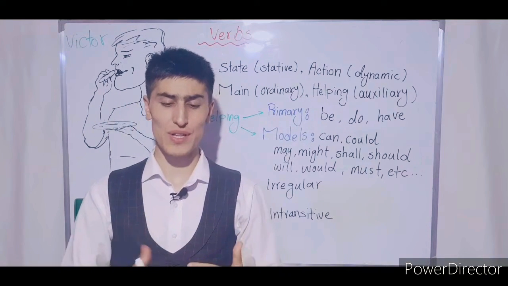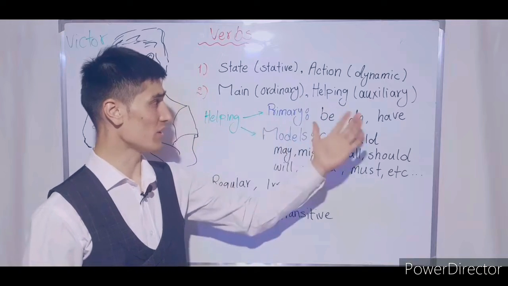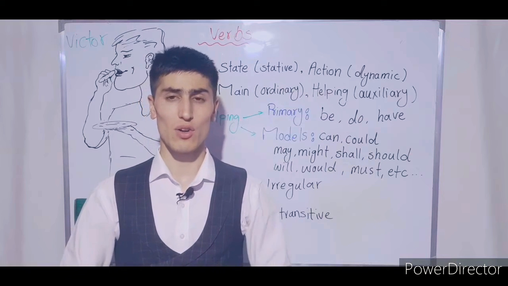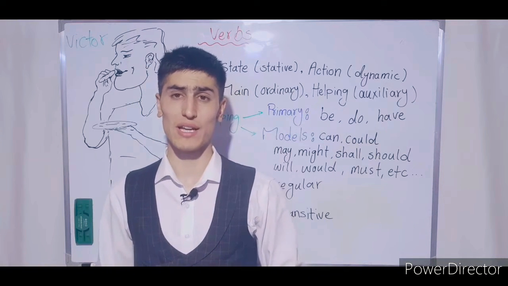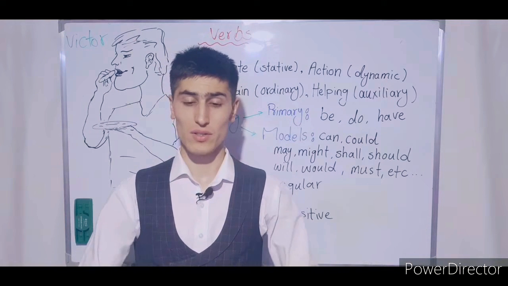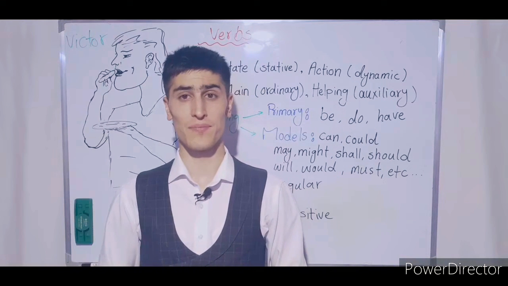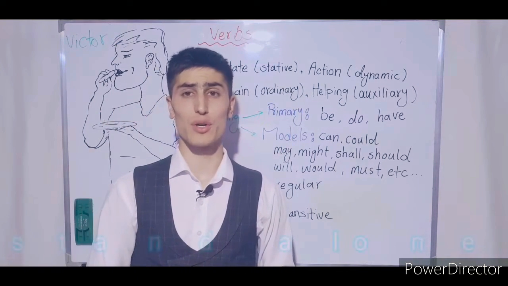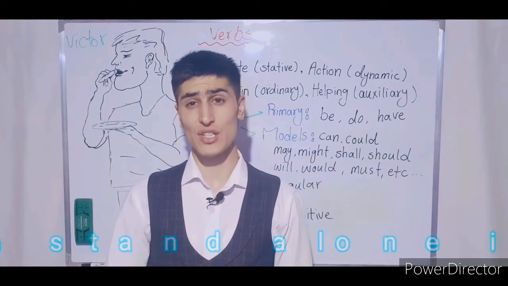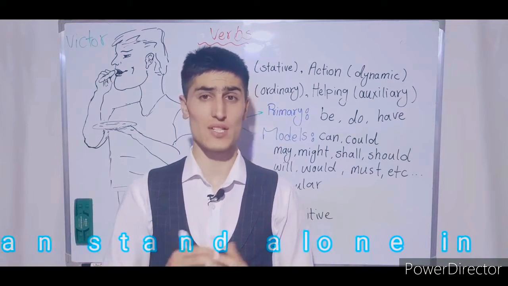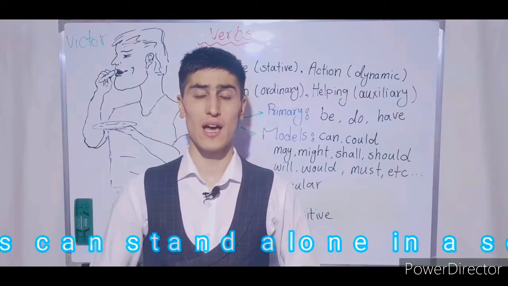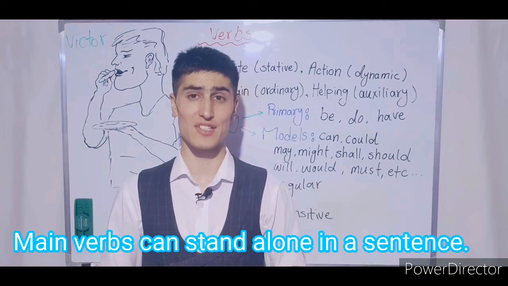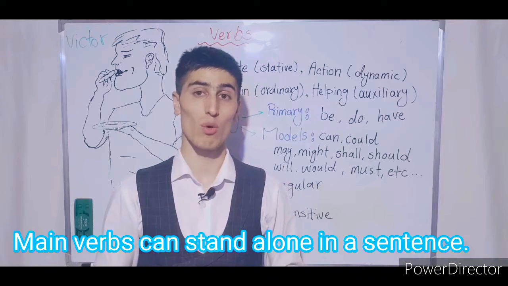So the verbs in sentences, according to their function, are ordinary or auxiliary. There are some verbs that can be both ordinary and auxiliary at the same time. The only difference is their usage in the sentence. So the main verbs, or the ordinary verbs, are those verbs that can stand alone in a sentence. We can make a sentence with them easily without the help of any other verbs. But when it comes to changing the sentence to question form or negative form, we will need the help of